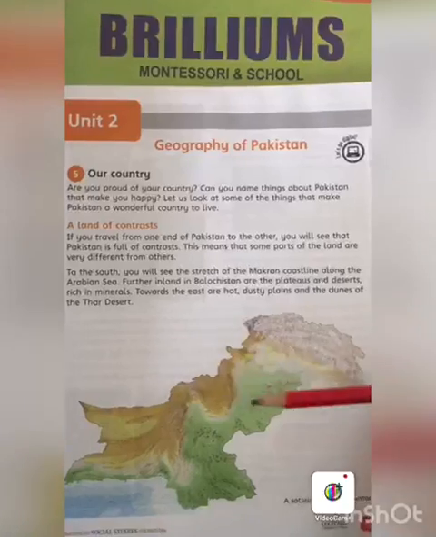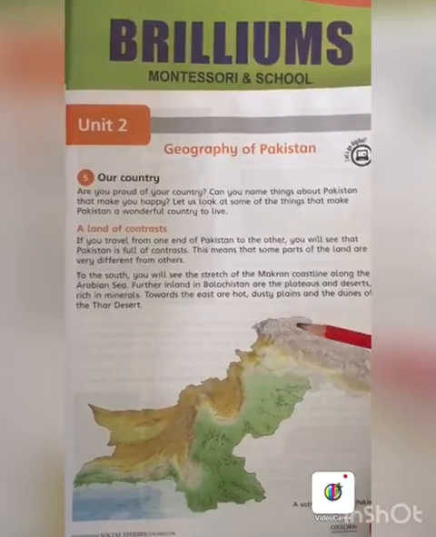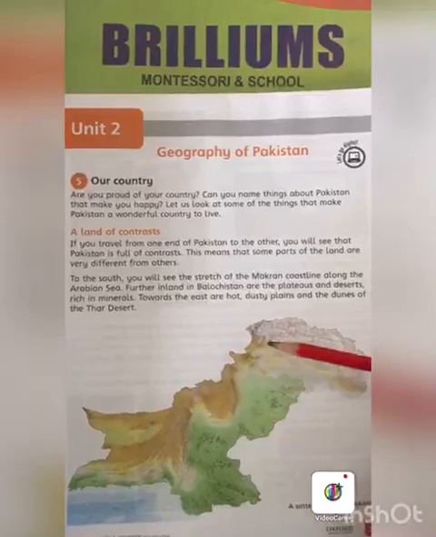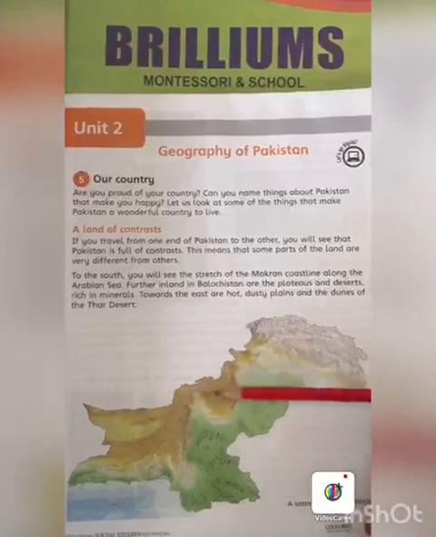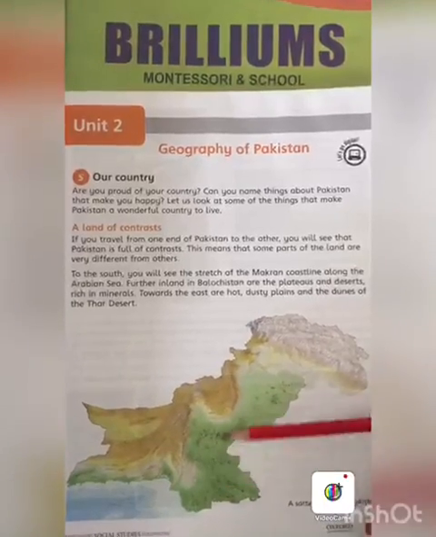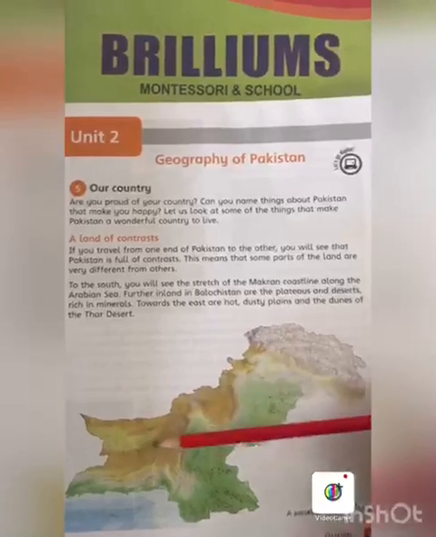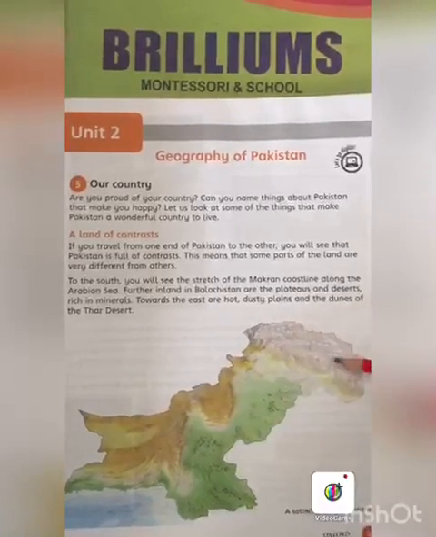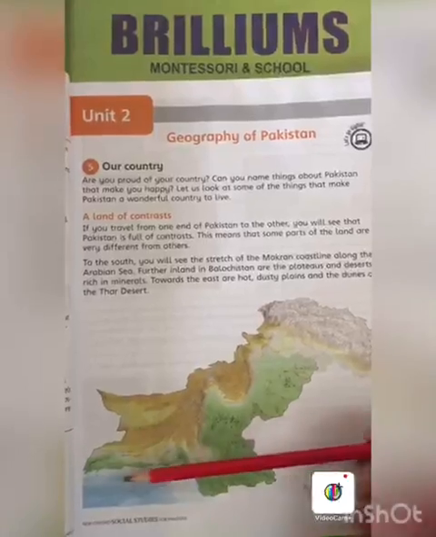If you travel from one end of Pakistan to the other, you will see that Pakistan is full of contrasts. There are drastic changes in the land features. This means that some parts of the land are very different from the others. You can see this green area is plain area, and these are mountains or desert areas. Then there are high mountains in the north. To the south you will see the stretches of Makran coastline